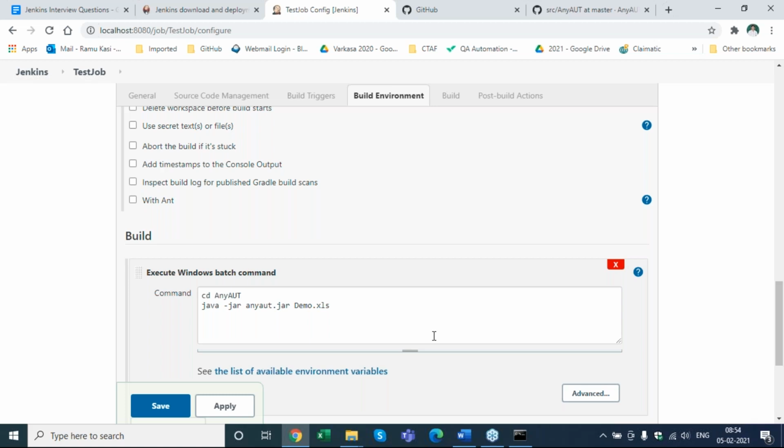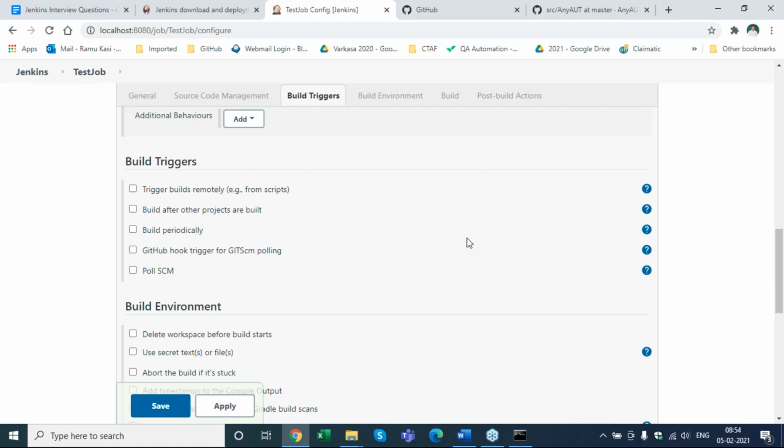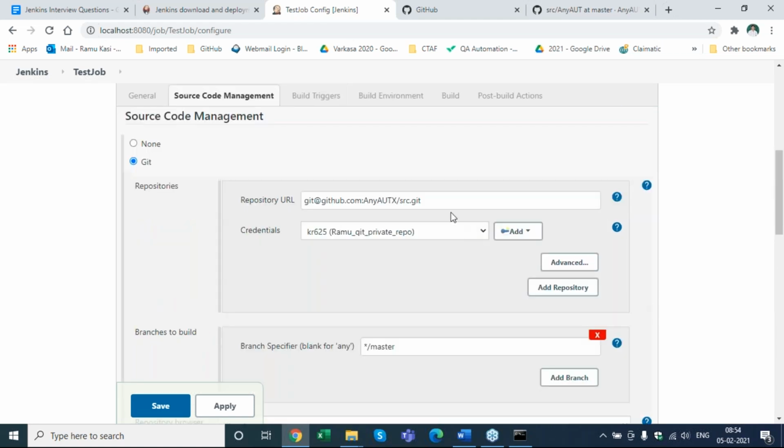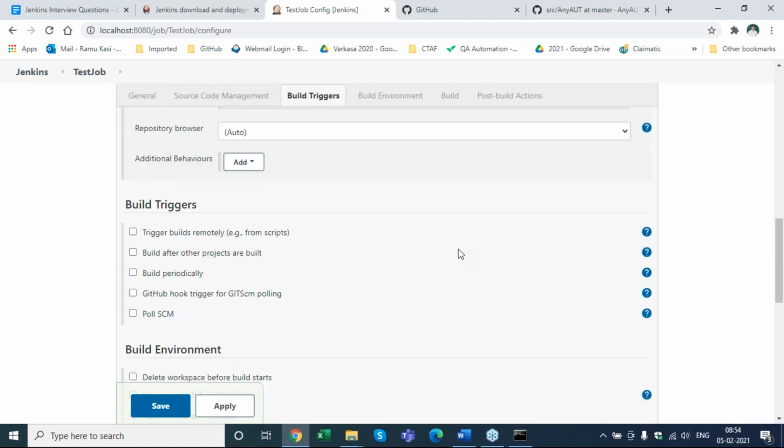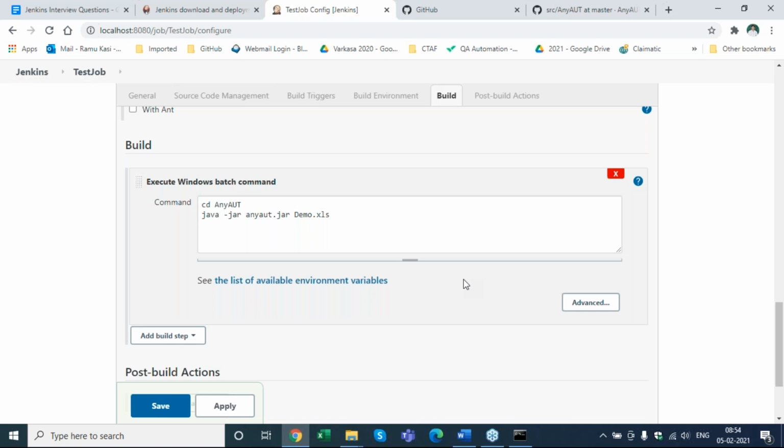Okay, so basically, where it will actually cd AnyAuth means that command. So what is the home path? Will it automatically be taken, or how will it be? Since you are already passing the URL, right? Yeah, Karthik, good. So this is my question to you all. Where is this getting executed when we say cd AnyAuth? When I say java -jar, where is it actually getting executed?